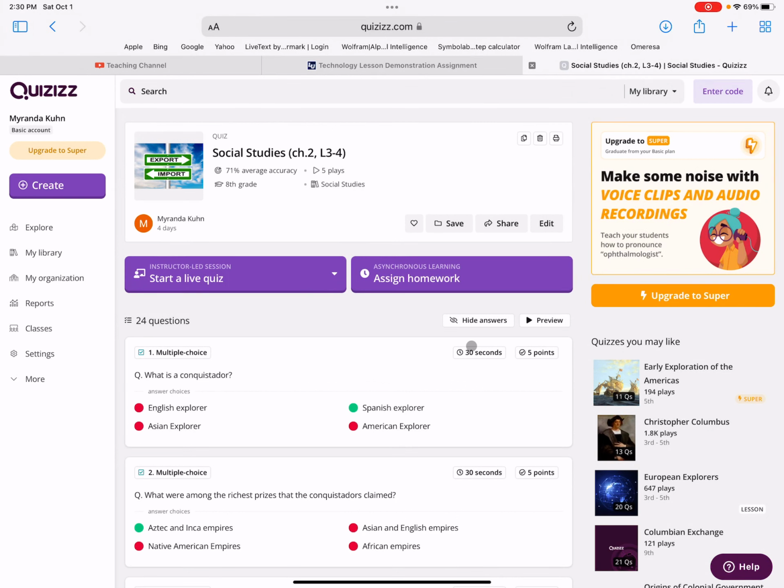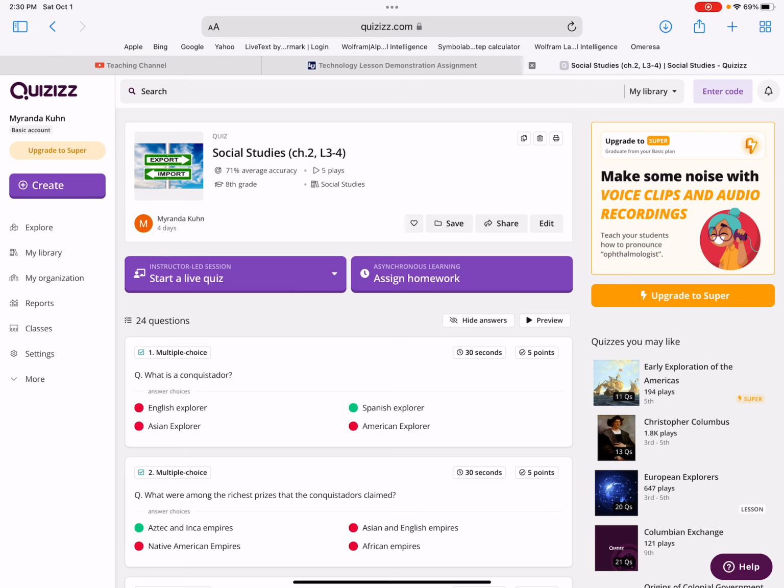One piece of technology that I have learned this year is the use of quizzes. This is a platform where you can create quizzes where students are able to either have it as homework or they can play a game amongst themselves or an instructor led game. I actually use this for practicing skills in the classroom, kind of like a study guide, I suppose, where students are able to play against each other, see a leaderboard, and see their own accuracy in answering questions